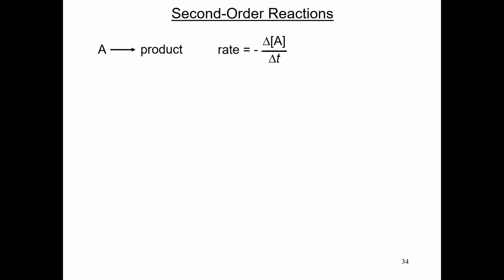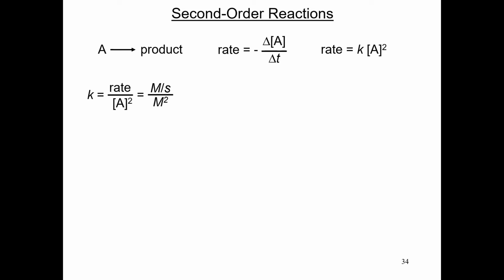The difference here is that the rate law is second order. In other words, it's k times A squared. All right, that's the difference. This is a second order reaction. So using that rate law over there, let's go ahead and find out what are the units of k. So solving for k, we have rate over A squared. Remember, rate is molar units per second. And now A squared would be